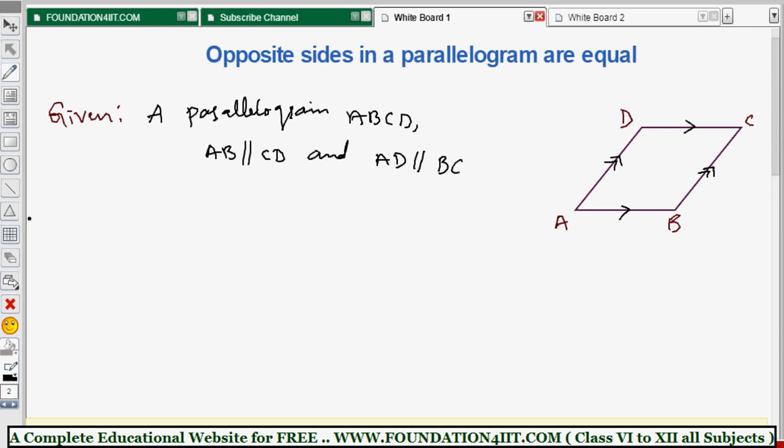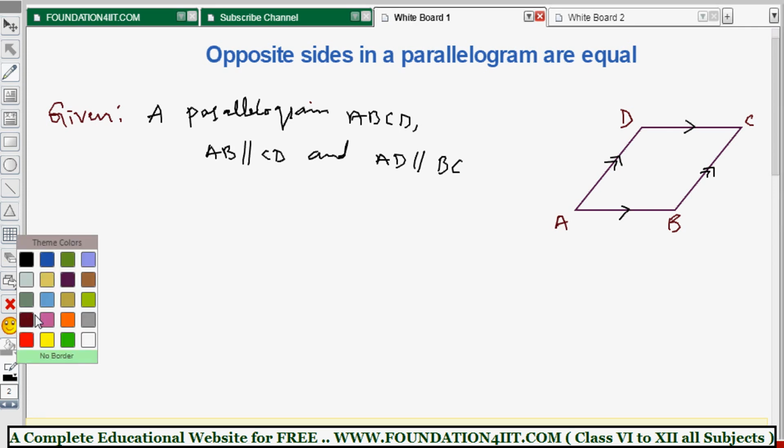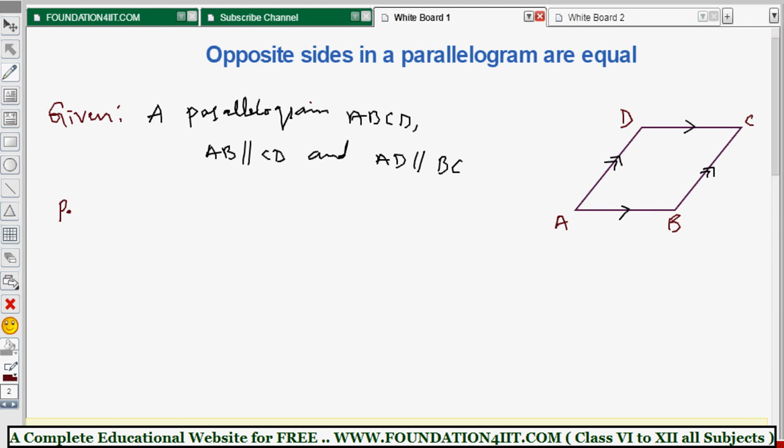Now we need to prove. What we are required to prove is that opposite sides in a parallelogram are equal. So opposite sides here, AB is equal to CD and AD is equal to BC. Okay, these opposite sides are equal, I need to prove. And some small construction we need to do here,